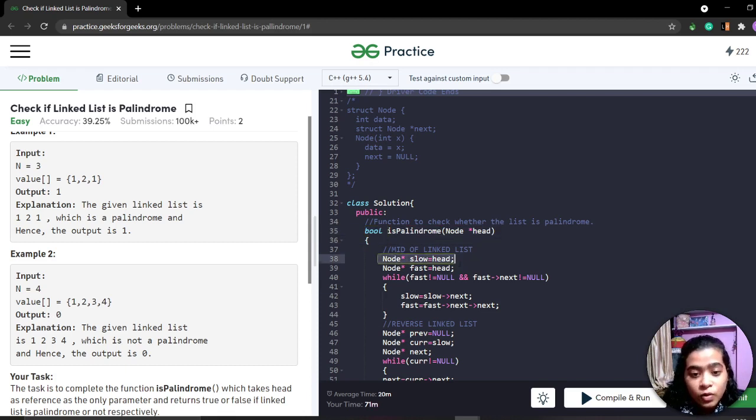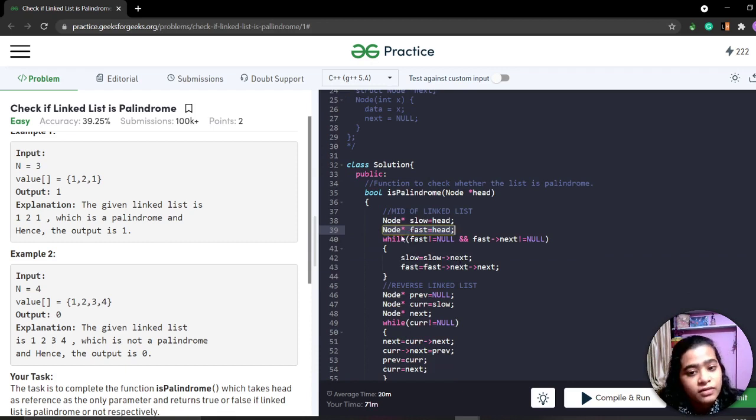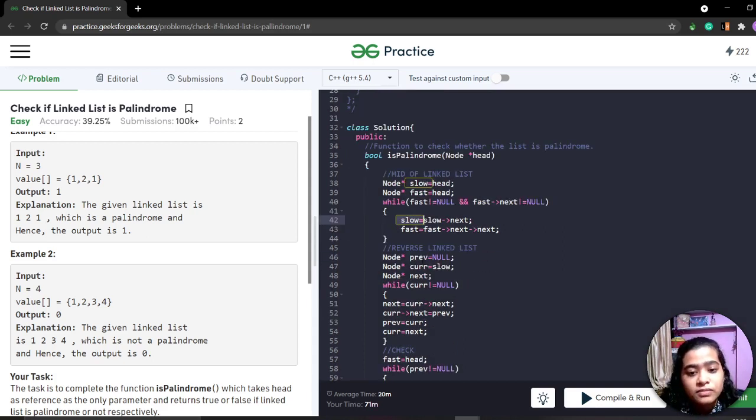So node star slow, node star fast, which are pointing to head. While fast is not equal to null and fast next is not equal to null, we have to move the slow pointer one time and we have to move the fast pointer two times. Then after running this while loop, we will get the middle of the linked list in the slow pointer.